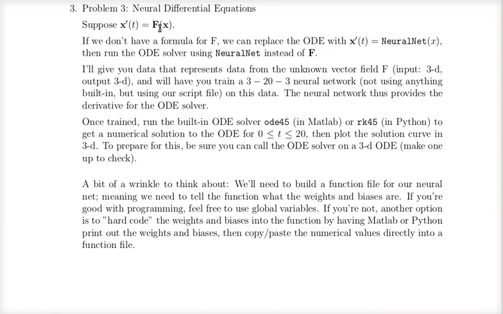x is. The idea is that we're going to replace the function f of x by a neural network. So the neural network will take in x and output the derivative. So the neural net again will input x and output the derivative. The data file that you're going to have has the x values, about 1,000 points in R3, and then the output will also be 1,000 points in R3. The output being again x prime, y prime, and z prime for each point.